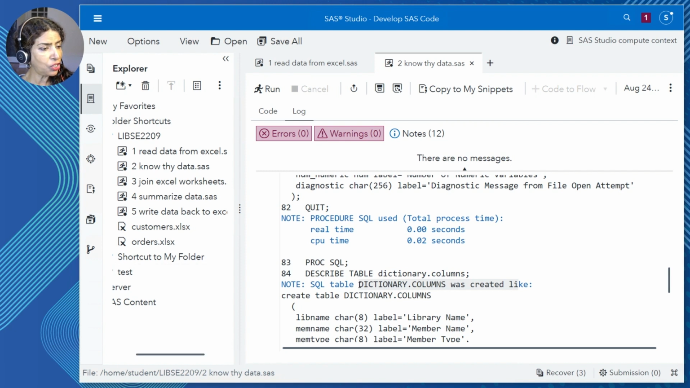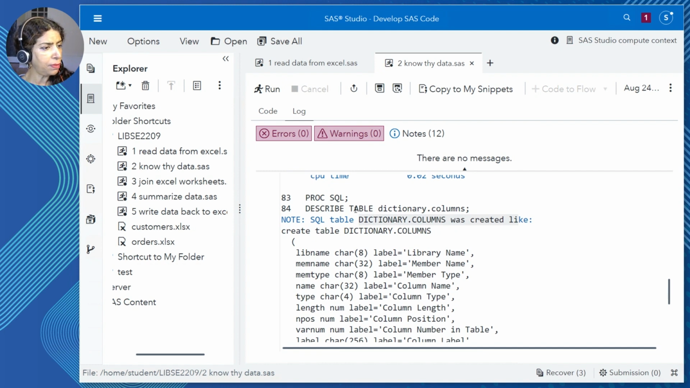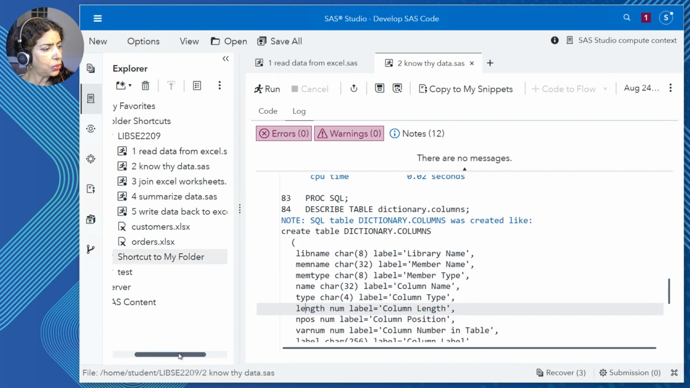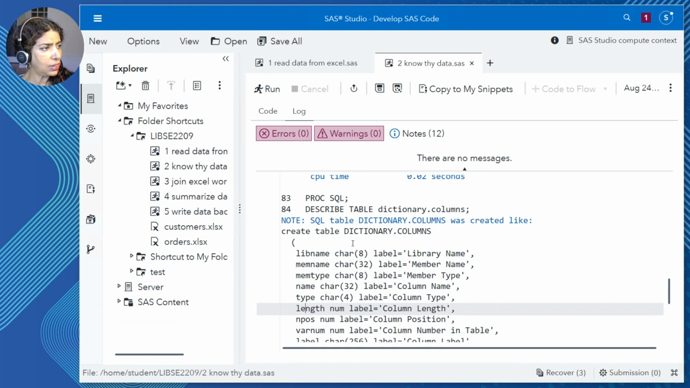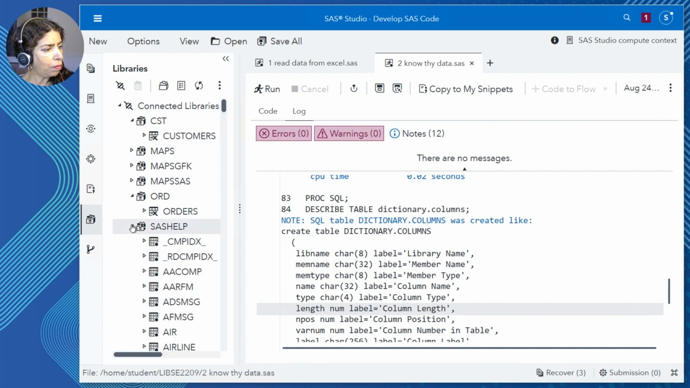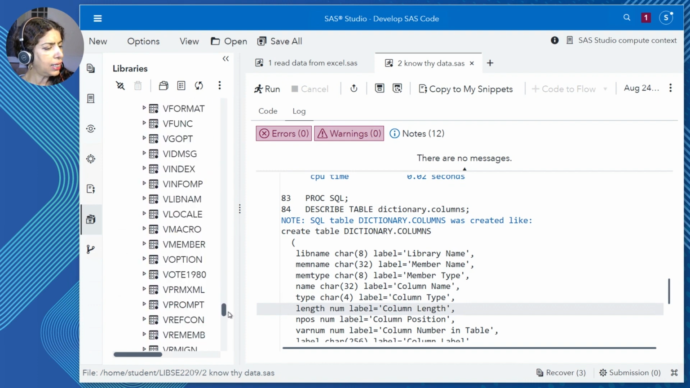So now the second dictionary table is dictionary.columns. Again, I have a describe table statement executed, and SQL executed the code and tells me these are the column names in your columns dictionary table. And that's good. And if you really had that curiosity to dive deeper, you could always head back into the libraries icon, expand SAS help, and all the way to the very bottom, you'll see these views which are preceded